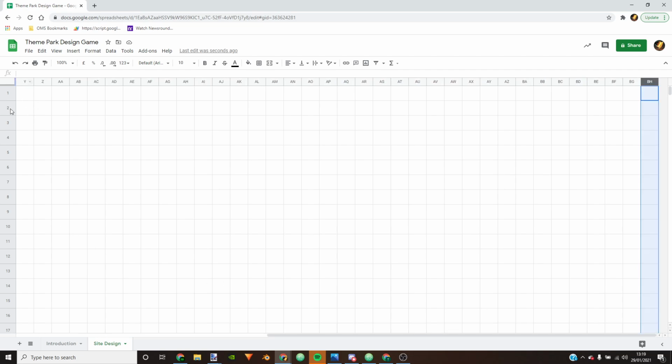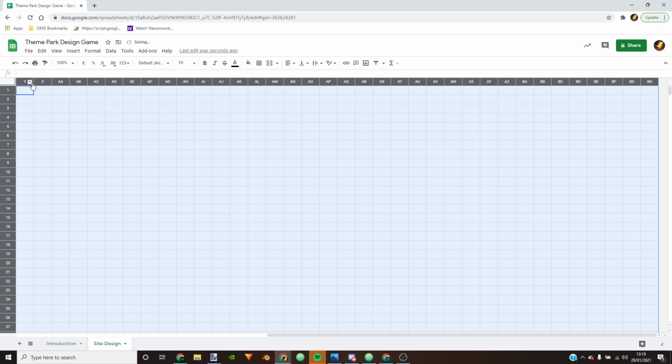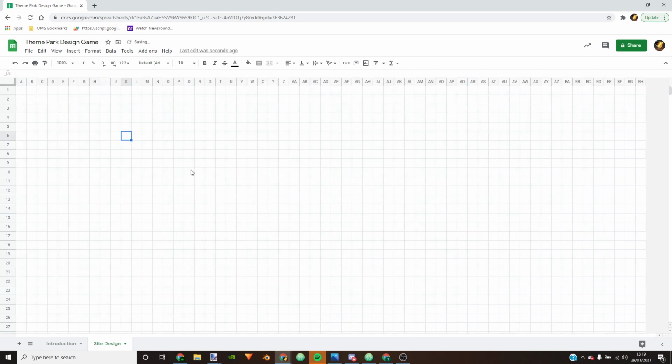Now I think I'm going to make these squares a bit smaller because I want to be able to get more of this on the screen at the same time. So I'm just going to select everything again. I'm going to reduce the height of the rows and then the width to make them square again, roughly about there. That's better. I've now got the whole